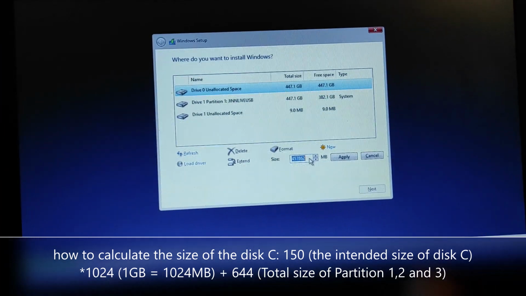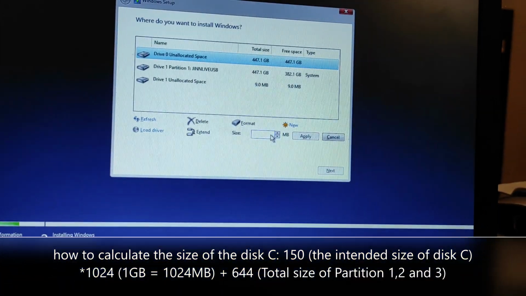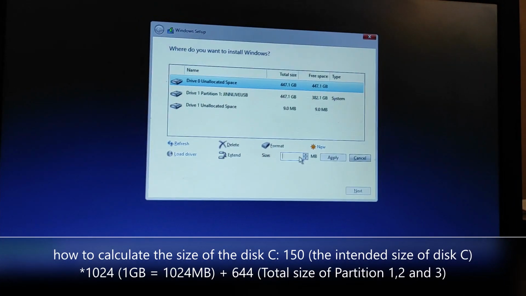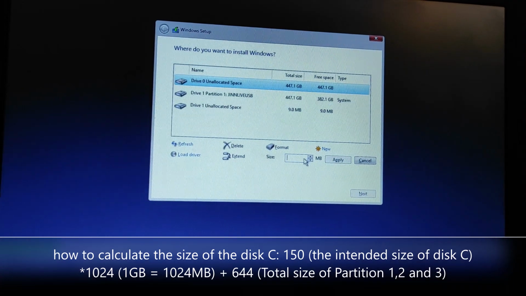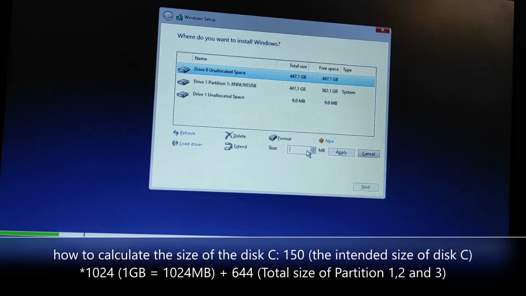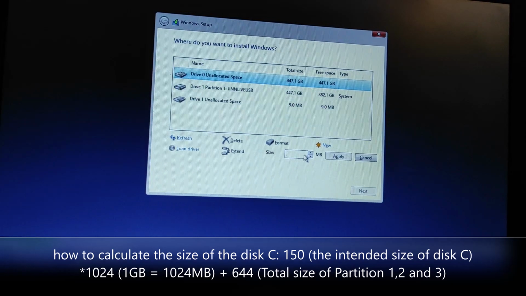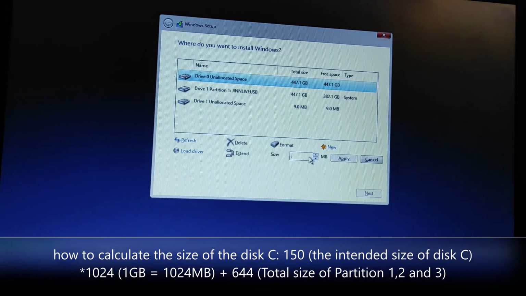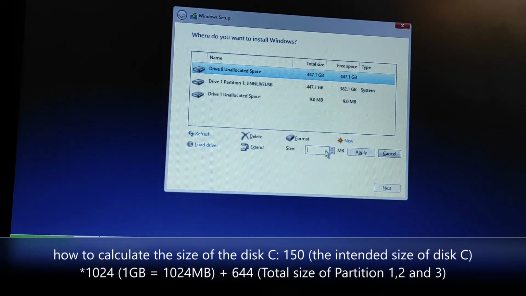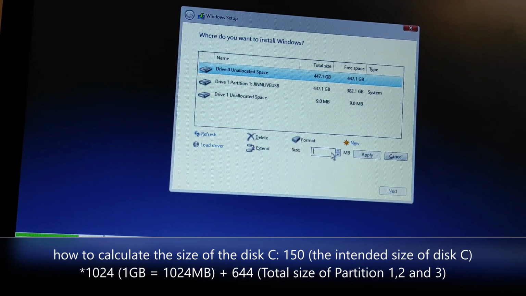Today I will do the same, and it's not important, but I always divide disk exactly to exact size. Today I will create 150 gigabytes for the disk C.